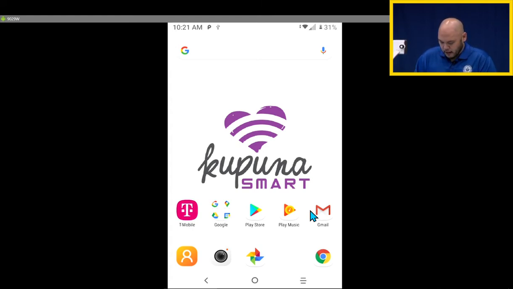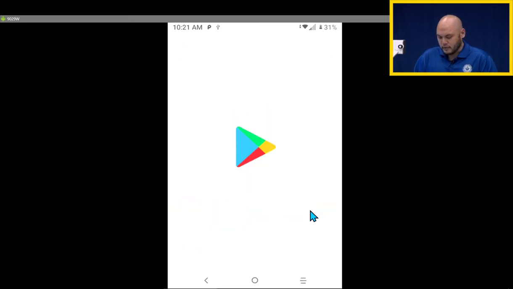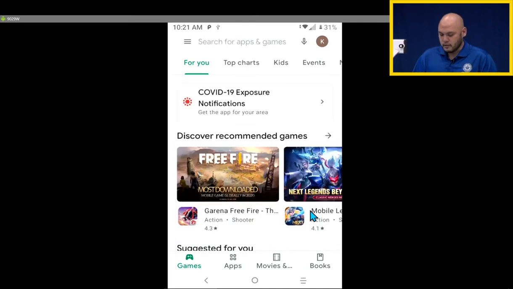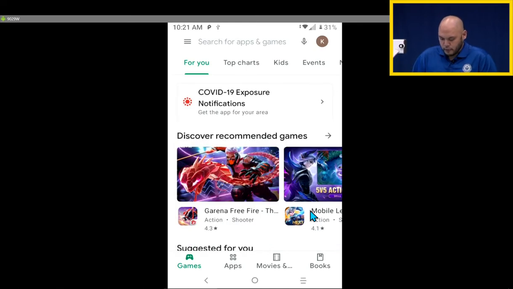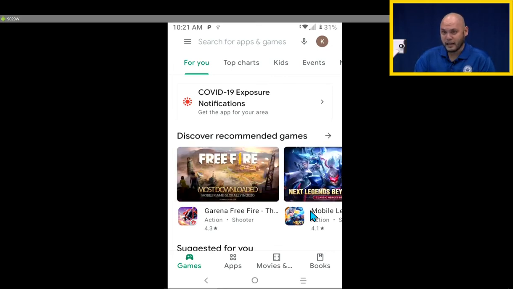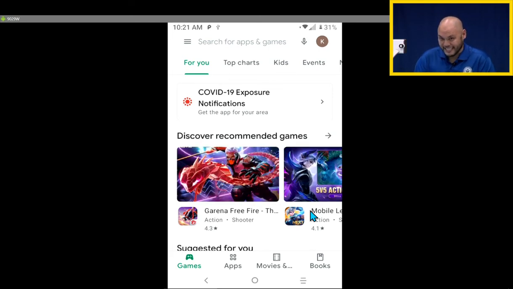The Play Store icon is right here. It's called the Play Store. That's just the name of the actual application for Google, where they look for different applications. So for example, once you've created your Google account, it'll probably sync up where you'll have an actual Play Store account created at the same time. It might do that. If it doesn't,